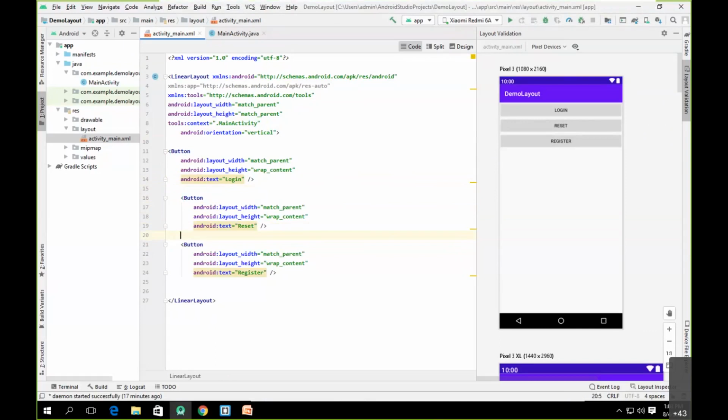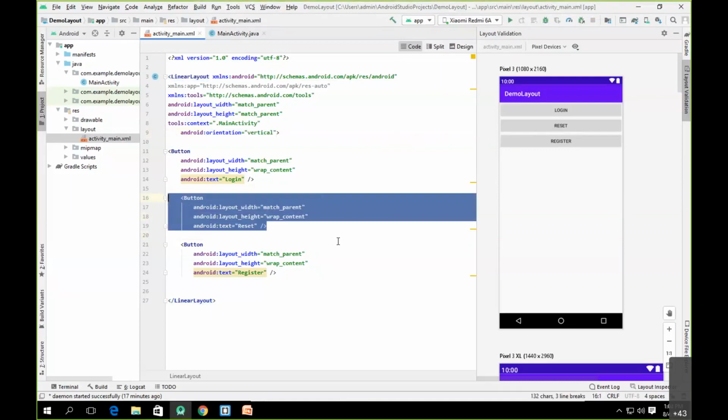So it will follow the sequence of your XML file. So linear layout means you have to go on adding the elements one after another. Now depending upon whatever the orientation you have chosen for your linear layout, the contents will be displayed either one below another or one after another, following the sequence of the XML element.